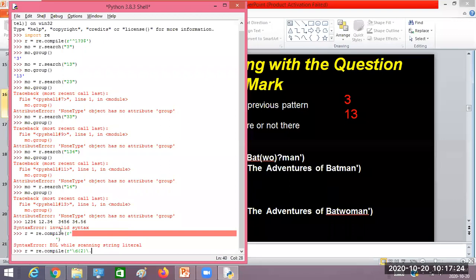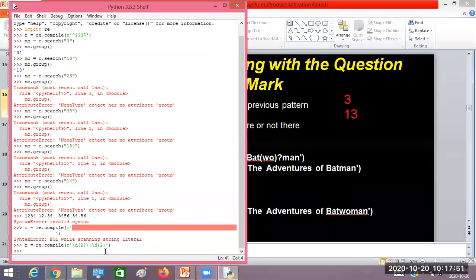To match a special character like a meta character in the pattern, you have to escape it with a backslash. So that's why I wrote backslash dot here. Then again I'll write slash D followed by 2. So this is going to match: first 2 digits followed by either presence or absence of dot, followed by another 2 digits. Now will this pattern work as per our requirement? If not, what changes do we need to make? I'll tell you again. I'm not addressing all the points at the same time; one by one I'll address them.